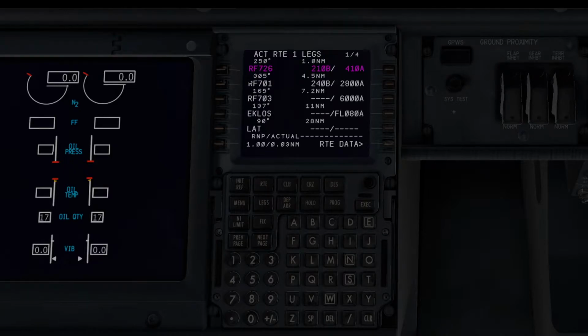Now we have some, but it's not the same. 703 is there, then ECLOS, that is correct. But we had another one, Romeo Foxtrot 706,